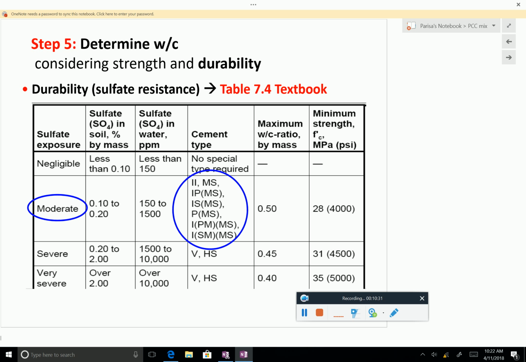Sulfate attack. What do you choose then at the end? So in the slide, try to summarize. For strength, you got 0.42. For corrosion, for sulfate,